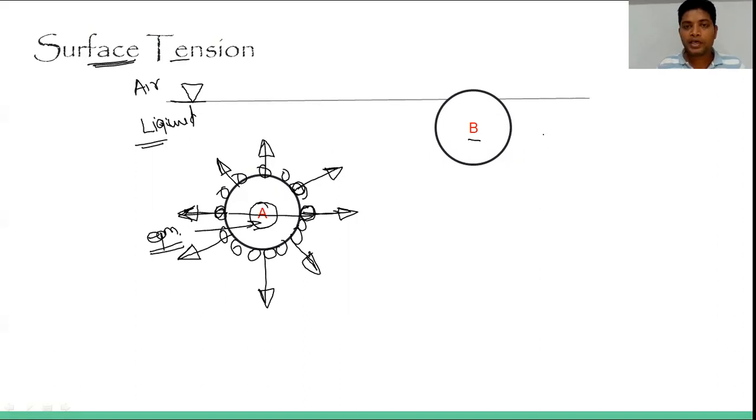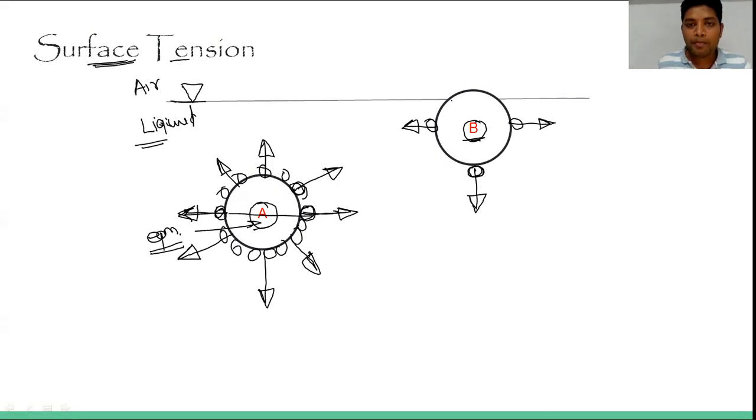But now we are talking about the second molecule, which is B, and which is at the interface of air and the liquid. If we talk about this one, on the right side and the left side, whatever molecules are there, the concept is the same: one pulls this one in this direction and the other pulls in that direction. So automatically the horizontal force is neglected, but at the vertical, the molecule just below this B will pull it in the downward direction. It means that the net force will be in the downward direction.